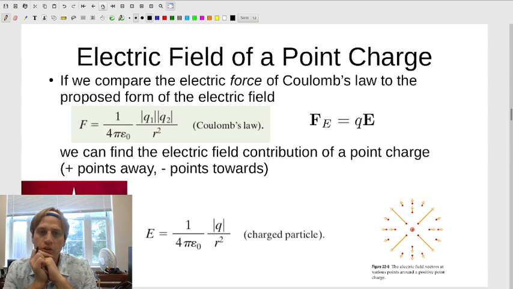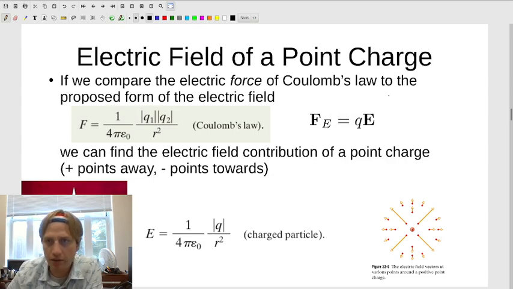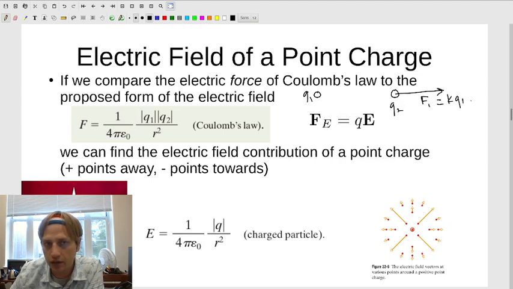Okay, so today we're going to move toward applications of electric fields. I said this briefly in the video on Friday, but I'm going to repeat it. If we compare these two forms, let's say that we have an object Q1 that's pushing on another charged object Q2. In this case, the force of object 1 pushing on object 2 would be equal to K Q1